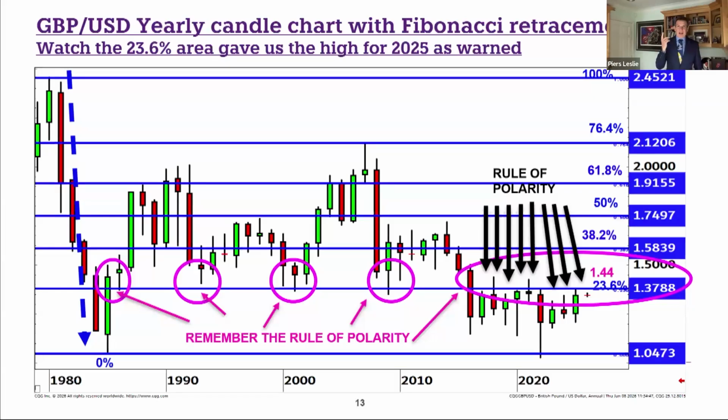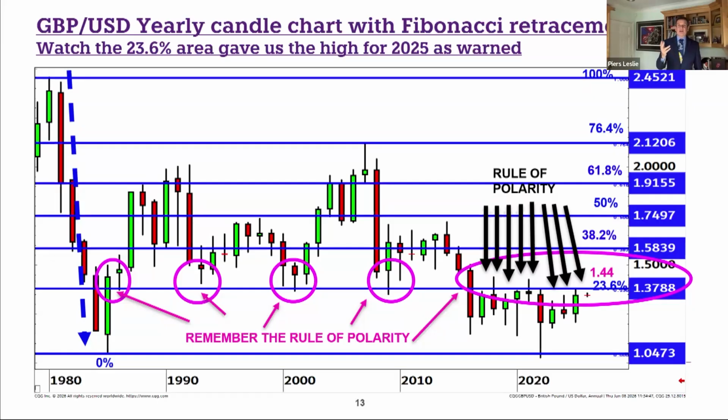So that's an area I'm going to keep an eye on this year. 137.88. Is price going to get up there? If price can break through there, we might see a move higher. But why did it go down? It fell off that level. We know that. But why did it stall where it stalled?